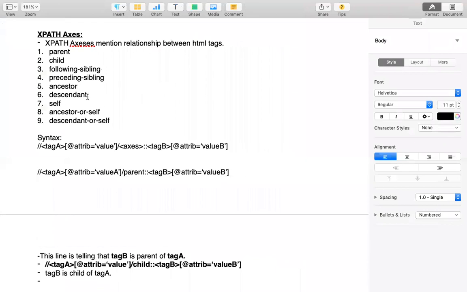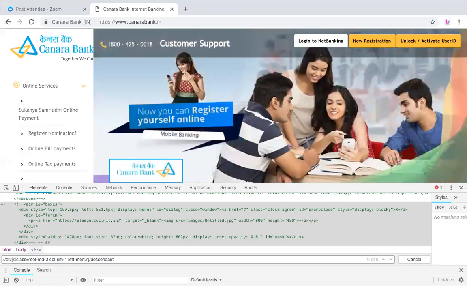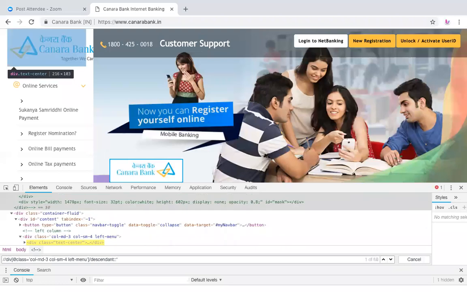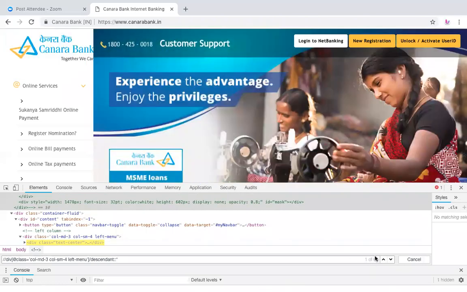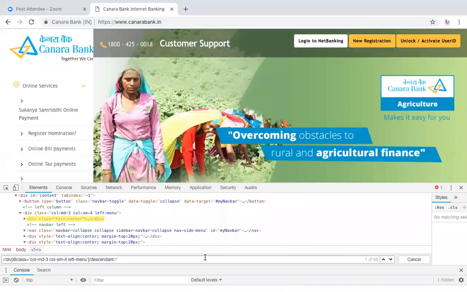Okay, ancestor, and then we have descendant. Now what is meant by descendant? Descendants means my child, their child, and their children, and their children, and so on. So wherever the family tree will lead us, till that point we are going to get all the elements. So let us try to find the descendants of this div tag. descendant::all. Okay, can you see there are 68 descendants to this div tag,